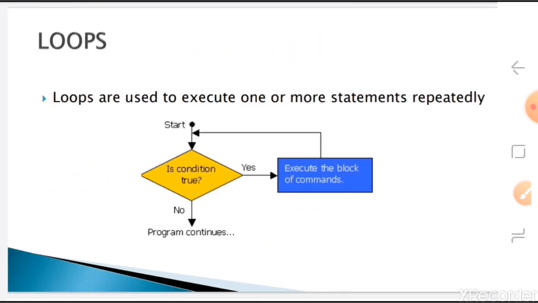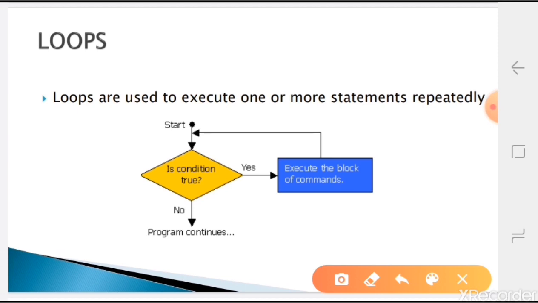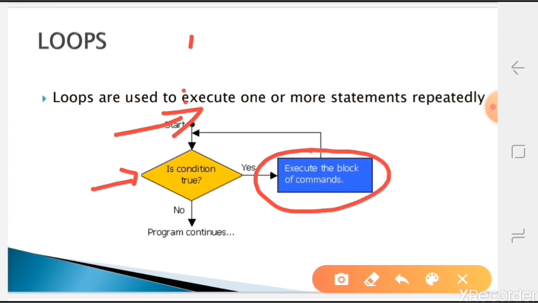Okay, what is a loop? A loop is nothing but one or more statements which will be executed repeatedly. Suppose at the start some code is there. After that we'll check some condition. Depending on this condition we'll perform some task. The task is nothing but a set of statements, maybe one or more, that will execute